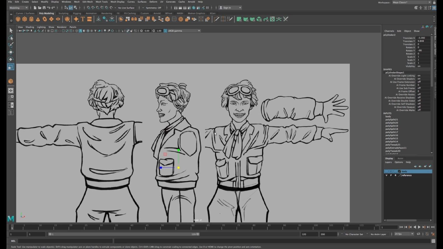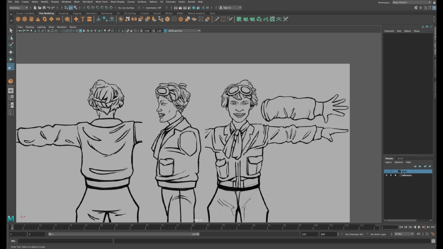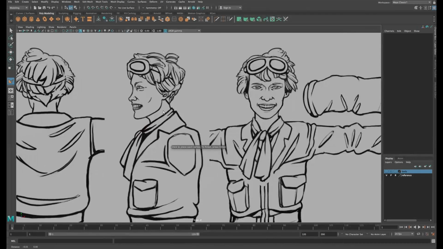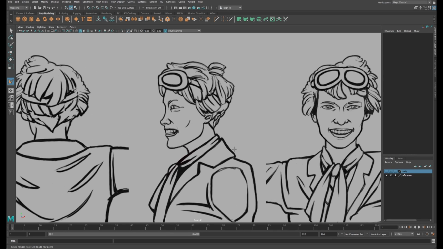Now here in the front view, we are going to trace the profile of our character face and head, ignoring the hair but imagining the full shape of the skull, using a tool called Create Polygon. We find it under Mesh Tools, Create Polygon, and we are going to use as few vertices as we can to get the full form. Most of it can be done in pairs of vertices. For example, we can do 2 vertices for the neck, and then 2 vertices for the chin, and then 2